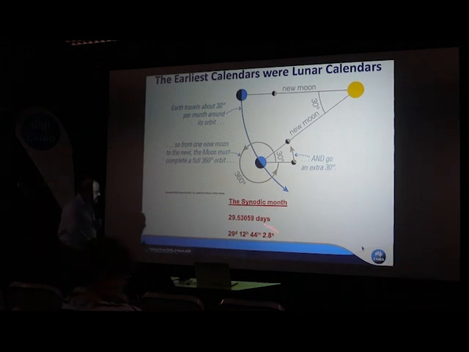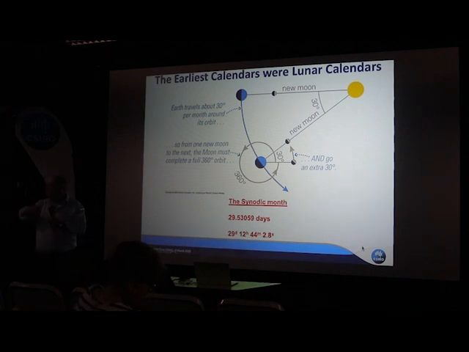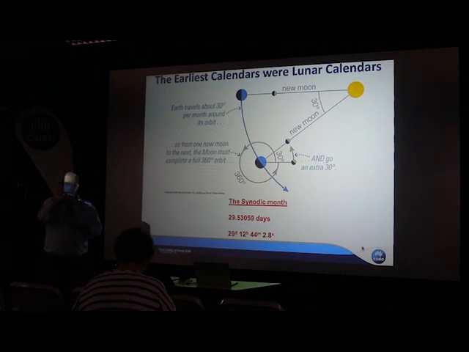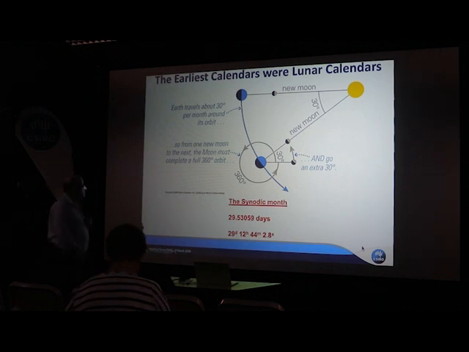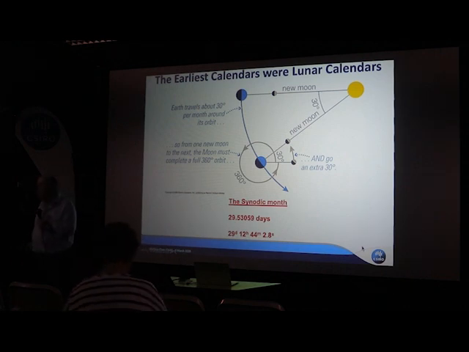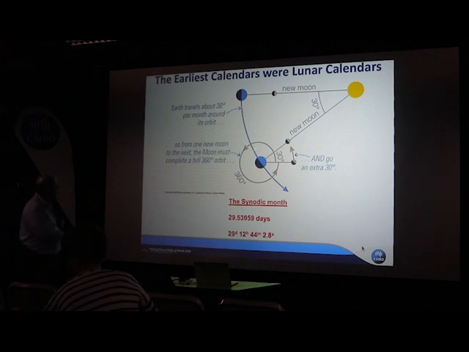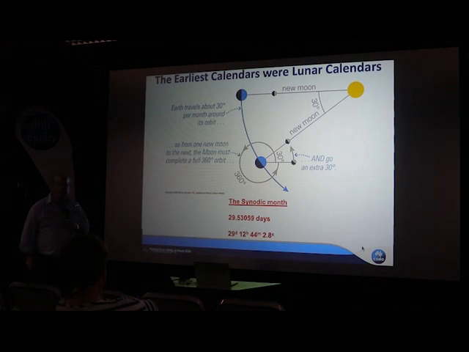It's not quite exact, this is the average, because depending on where the Earth is in its orbit, if it's a little closer, because it's an elliptical orbit, it actually moves faster, and so it's moved over a bit more, so the moon has to swing around a bit more for it to be aligned. And likewise, when it's further away, it moves a little bit slower, so it lags a little bit. It may only make it here, so it doesn't have to move around as much to get there. So this is the average of the lunations.